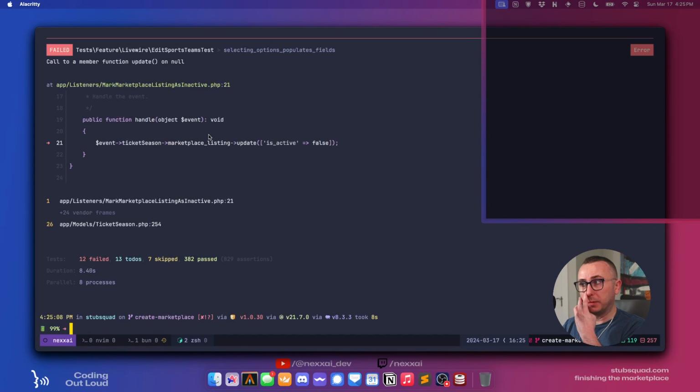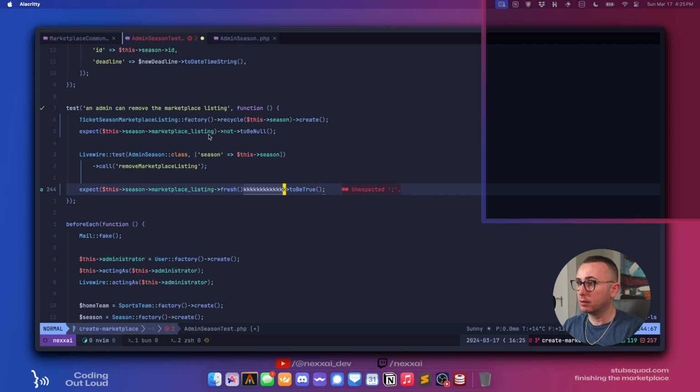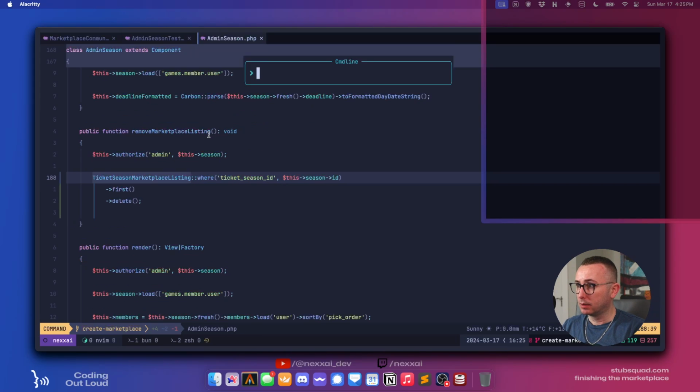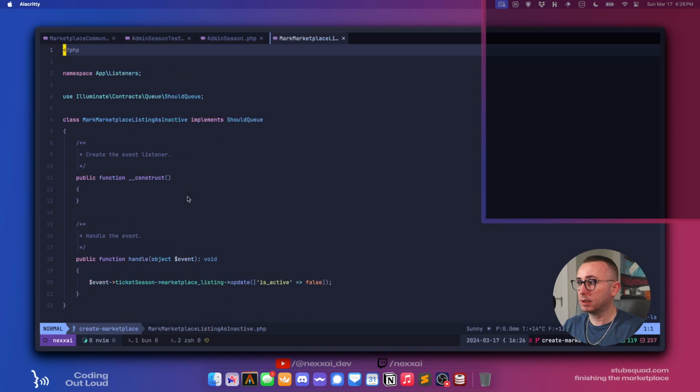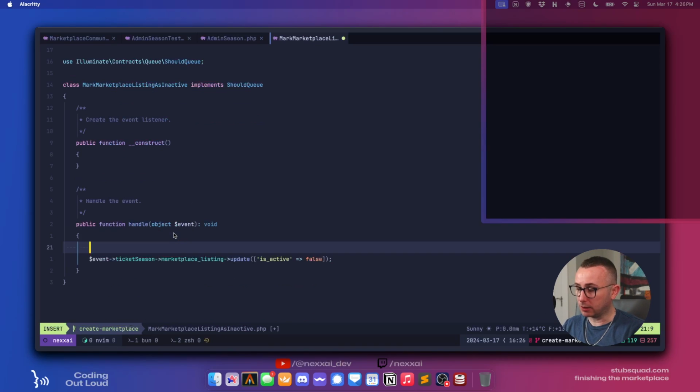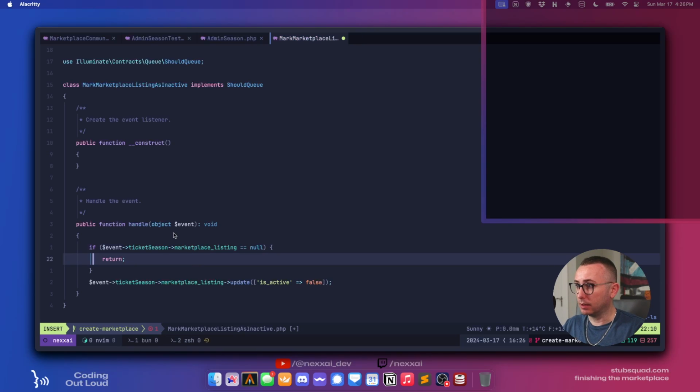Okay, so what we really need then is we want to say, oops. Marketplace listing as inactive. Okay, so what we really need to do is we need to say if event ticket season marketplace listing